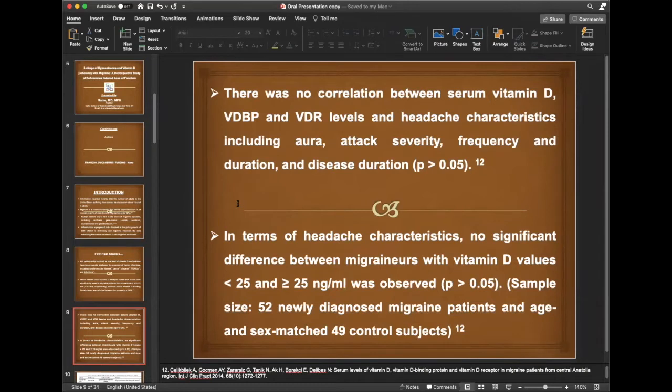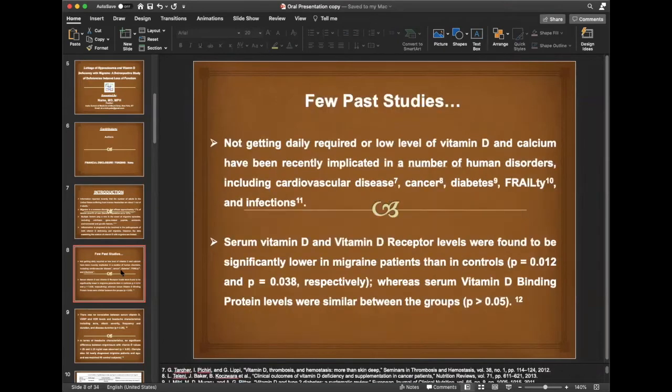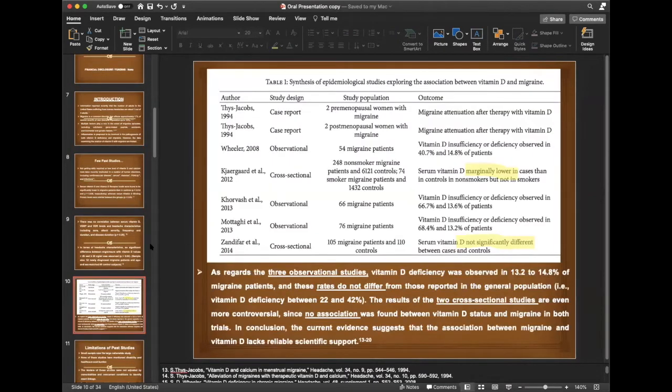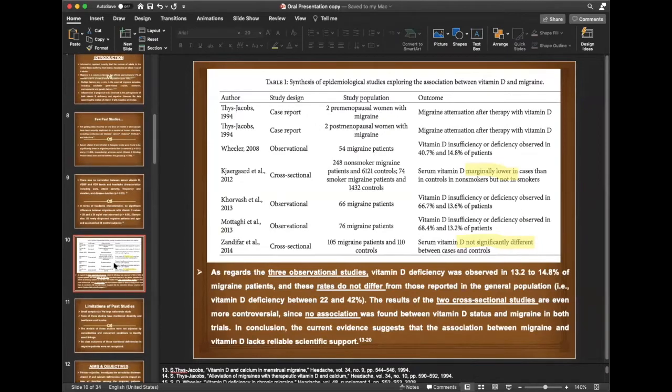If this presentation is somewhere around 15 minutes, then you double the number. But usually if the presentation is 10 minutes, you don't require more than 2 slides for the introduction. So 1 slide for epidemiology, 1 slide for past studies. These 2 slides are for a longer introduction, you don't need to worry about that. And